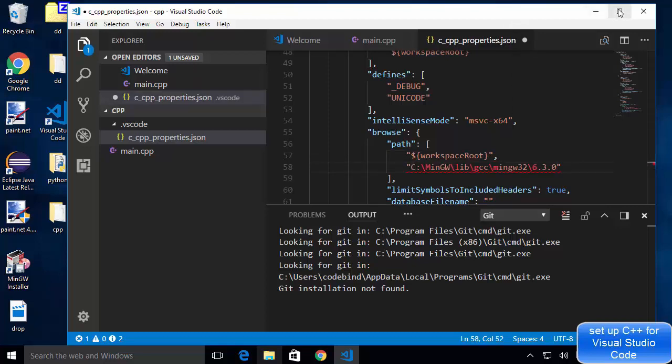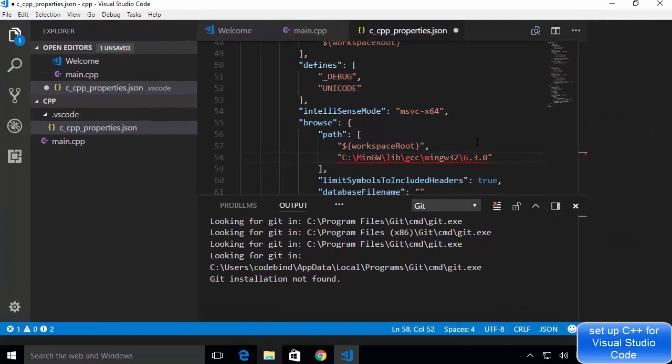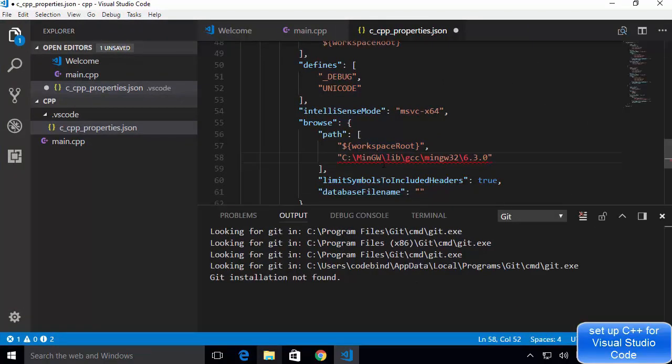Let me maximize this Visual Studio Code so we will see it better. Now here it will show some error because for a Windows path we have to give double backslashes. So we just need to add double backslashes everywhere you have a backslash here. Okay, double backslashes, and now we need to include the path for C++.